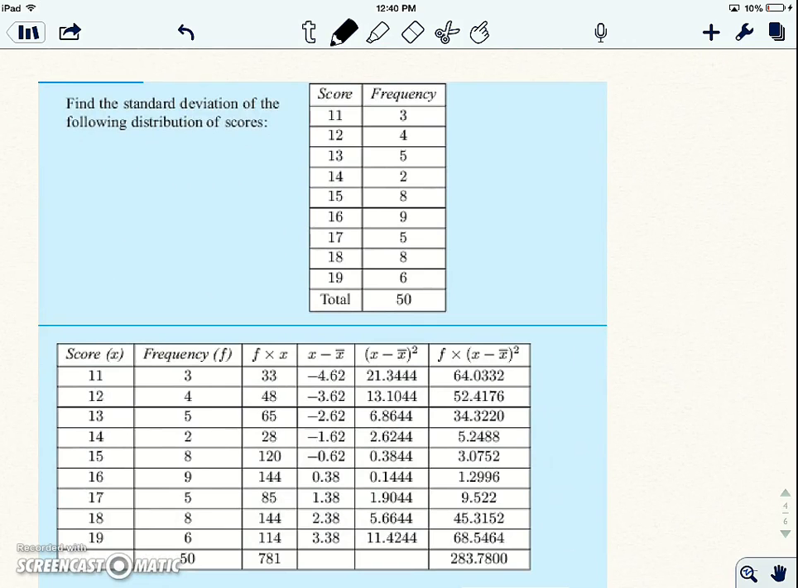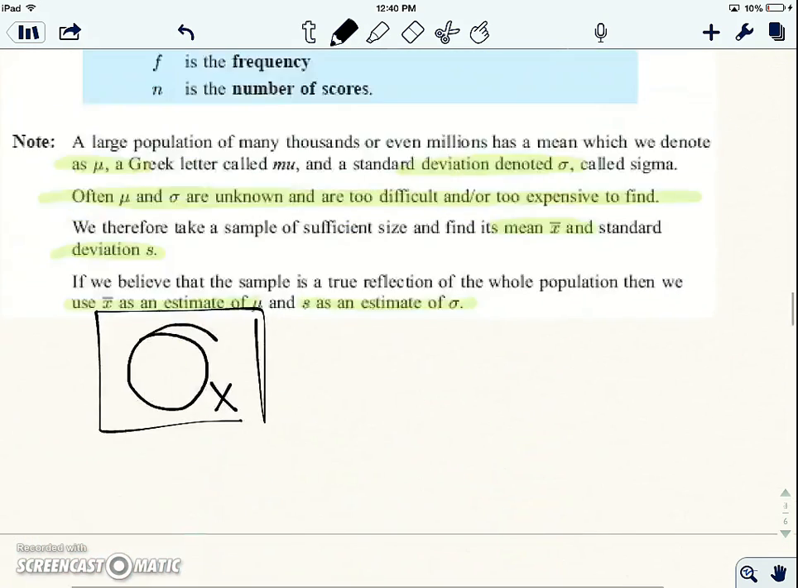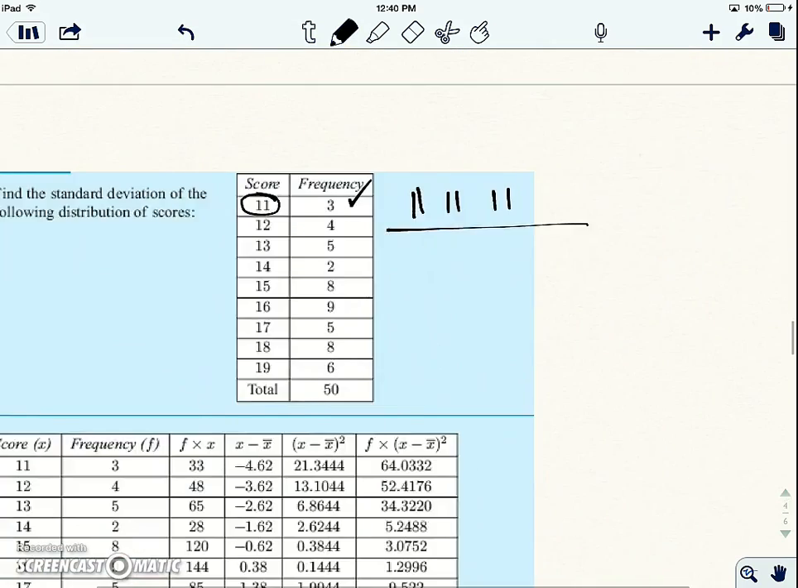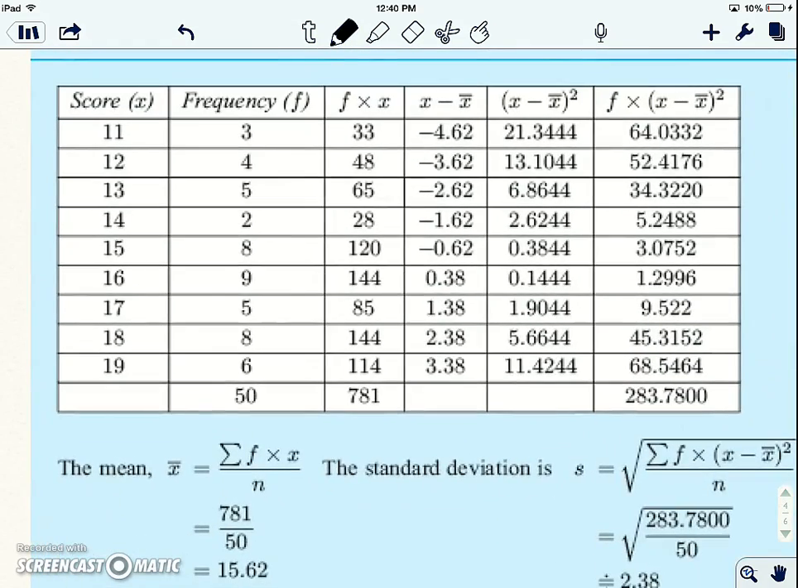So here are a list of scores. Maybe these are ACT scores, not great ones because nobody got over 20. But instead of listing the number 11 3 times, they said it just happened 3 times. So we could list it out and do what we did here, but that would suck, because we would have to have 50 columns. Instead, we're just going to follow along. So what they do